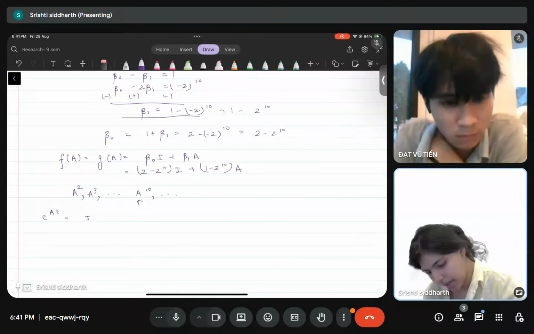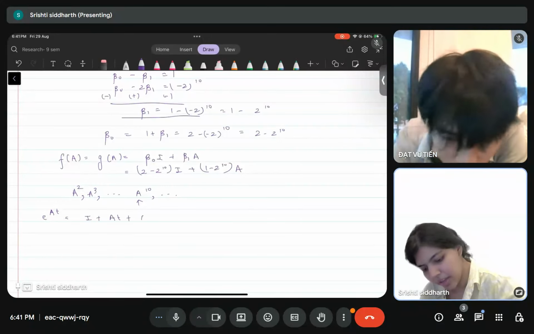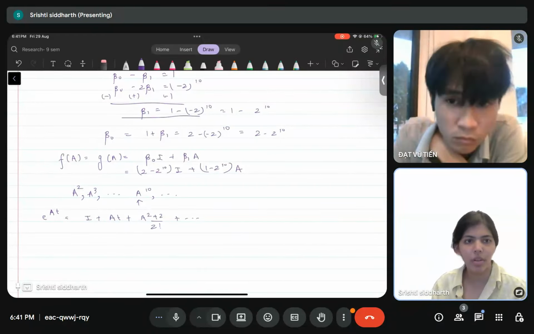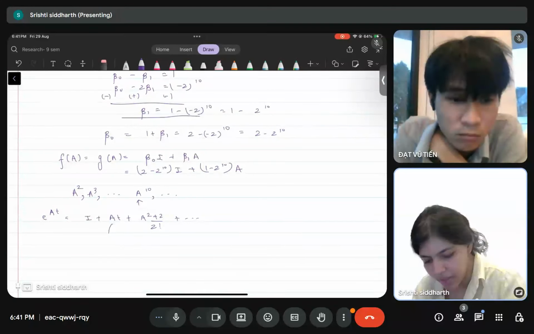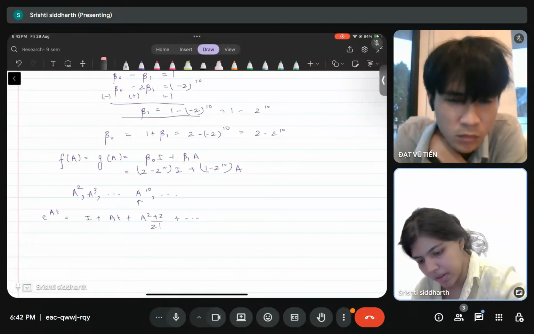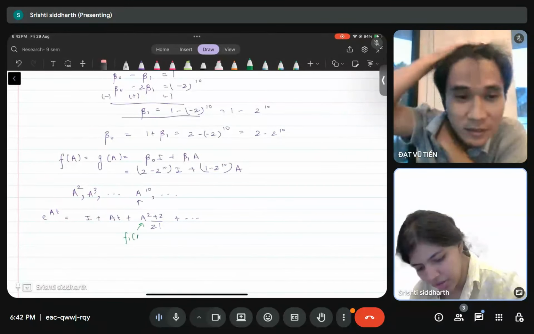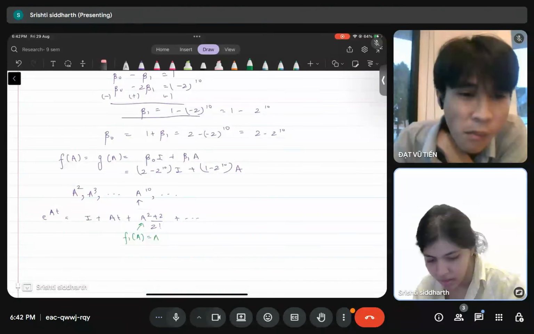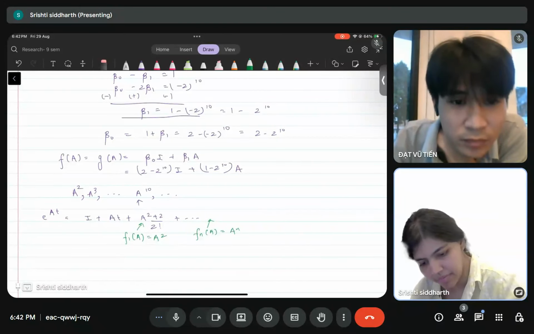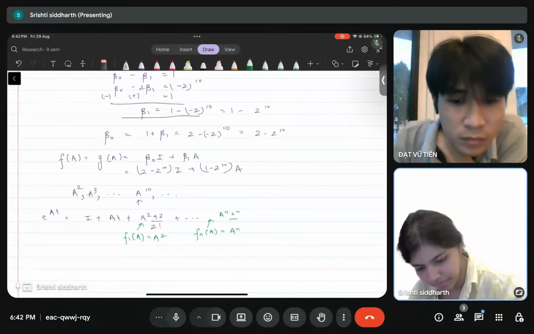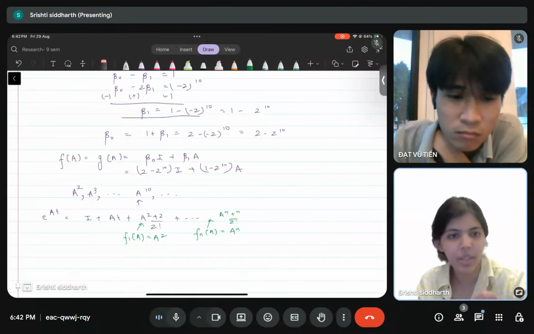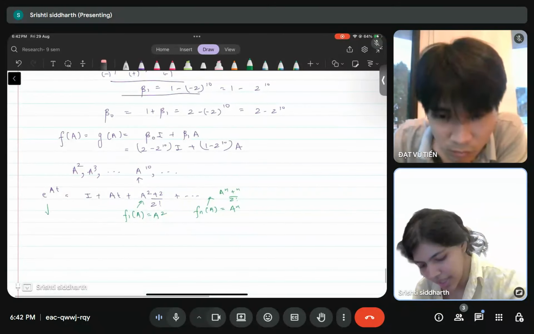Because this is simply I plus A, then for each f of A, this would be, let's say, the first function f1 of A equals A squared. Then maybe some third function e to the power A, and so on. And if you can keep on clubbing these terms, you'll find some simpler expression which would exactly come out to be the